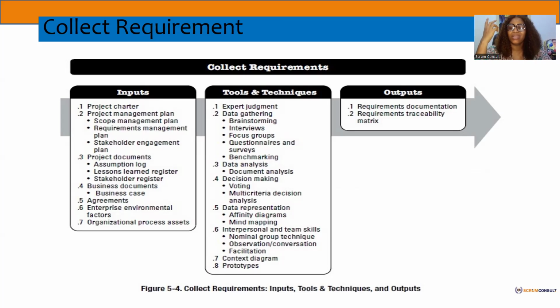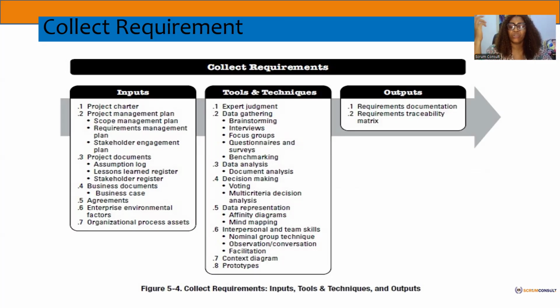You need to come to your data presentation. When you have now collected the data, how do you present data? Do you want to use an affinity diagram, to group ideas? You use an affinity diagram to group the requirements you've collected, based on their functionality. You could use your mind mapping, where you start mapping out. We'll look at that now. And interpersonal and team skills, you could have your nominal group technique, which is about voting. When you are doing brainstorming, you use your nominal group technique, which is about prioritization of your votes, the ranking of your votes. We've decided, okay, how do we rank those ideas?